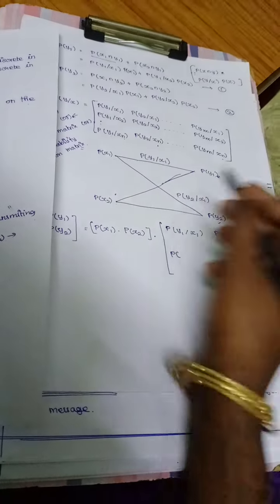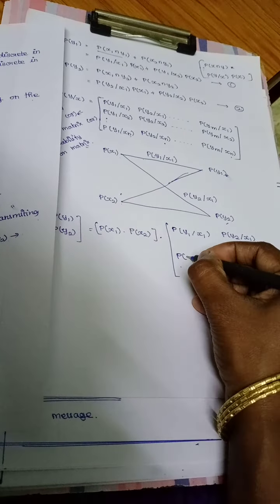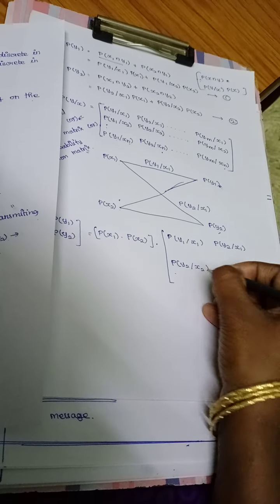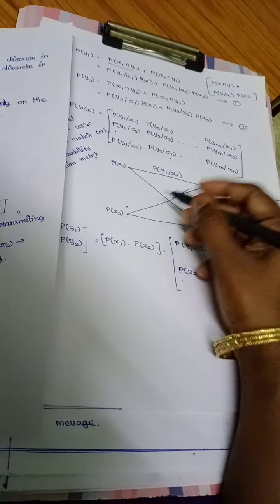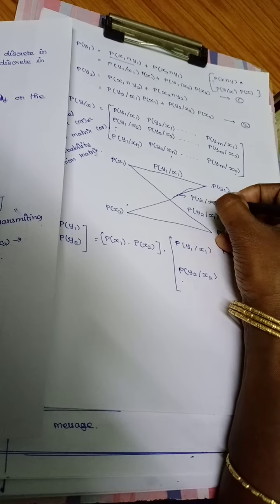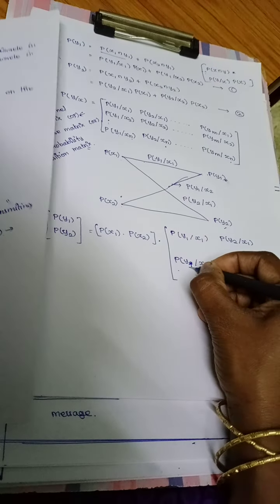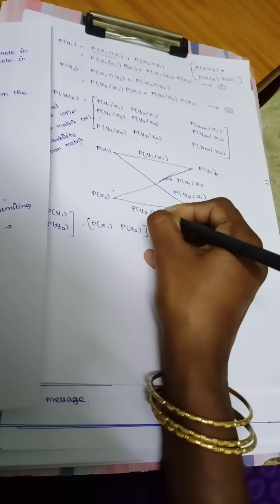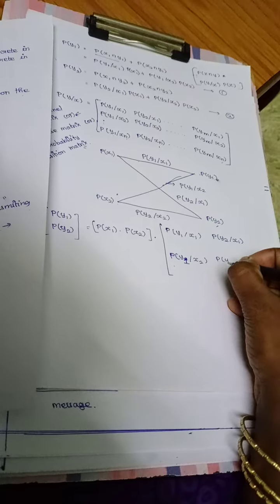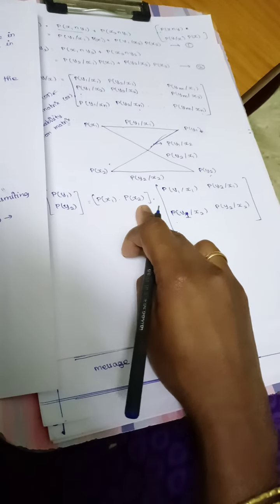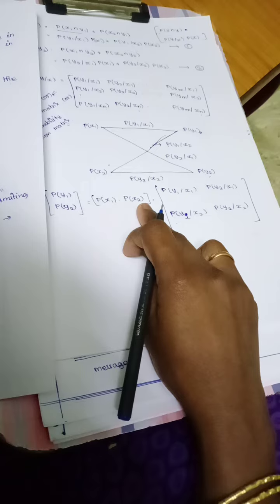Okay, these two. And here P of y2 divided by x2, P of y1 divided by x2, and probability of y2 divided by x2. Okay, let's multiply probability of x1 and probability of x2 into